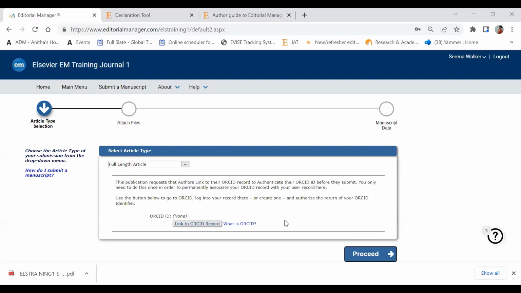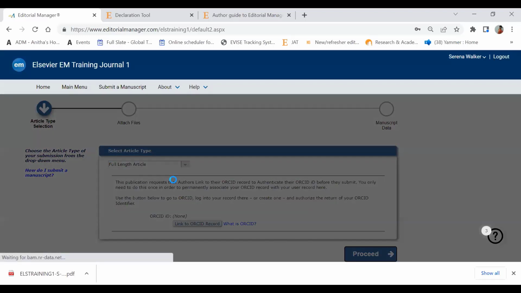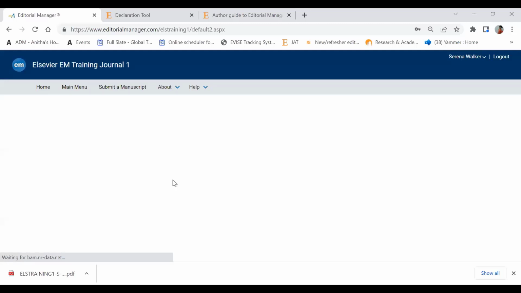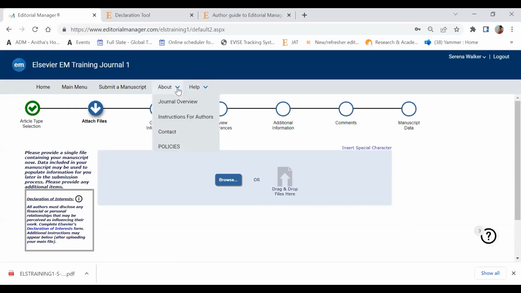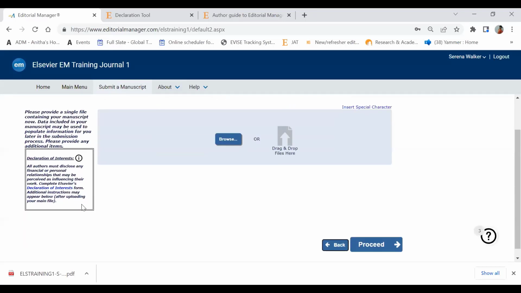So now we are again in the submission page. I'm just going to quickly show you from where you can access the declaration tool. The declaration tool can be accessed through the journal's Guide for Authors link, or from the attached files tab. We are now here. So here is the declaration of interest form link. You can click on this